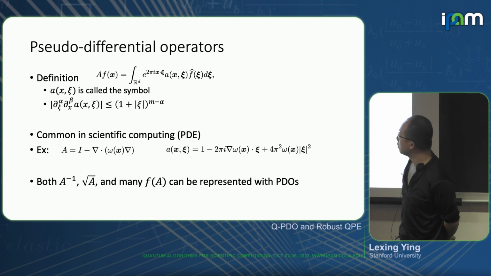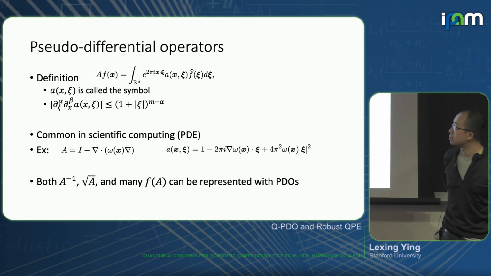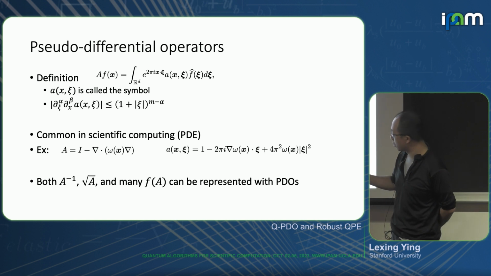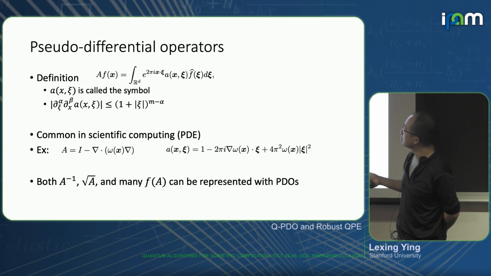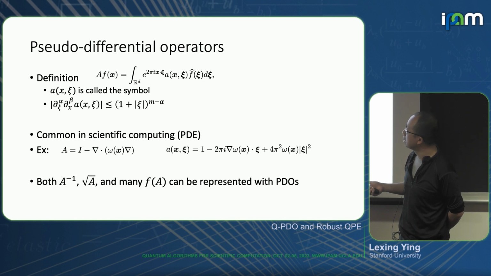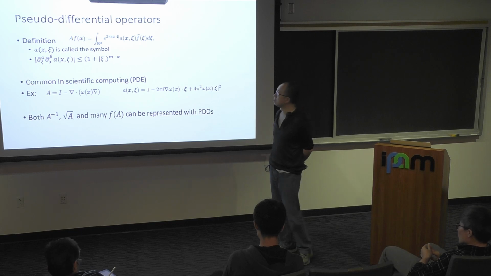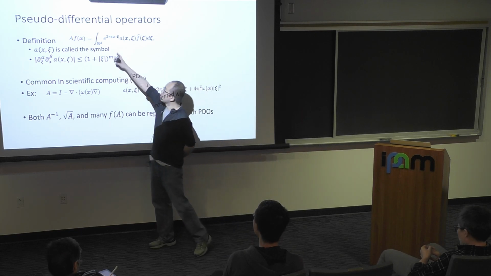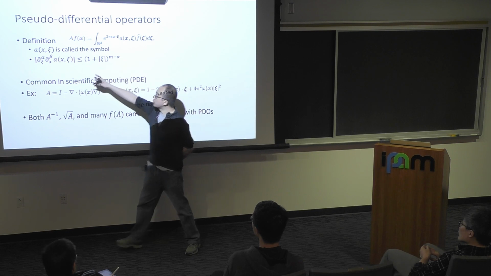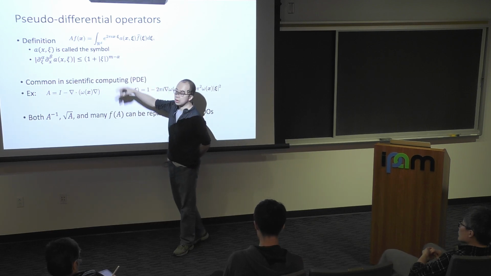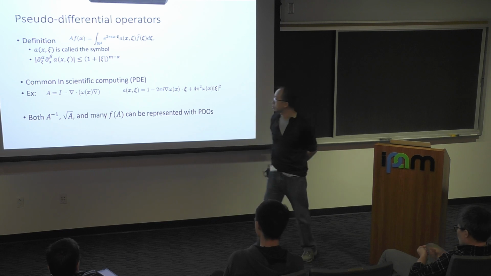Okay. Now we need to impose some kind of condition on this symbol, because otherwise this operator is too general. The typical condition that people impose is the following: if you take β derivatives in the x variable and α derivatives in the ξ variable, this is bounded by a constant, sorry, I'm missing a constant here, times (1+|ξ|) to the power m − α. So m corresponds to the order of the operator, and every time you take a ξ derivative, the order goes down by 1.